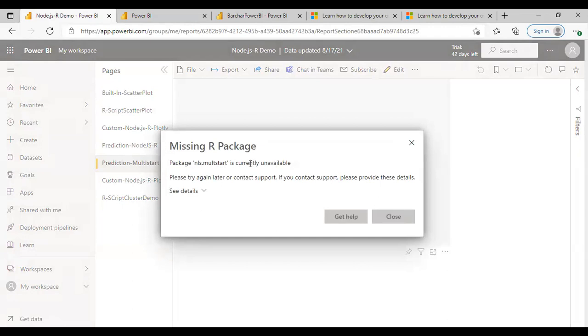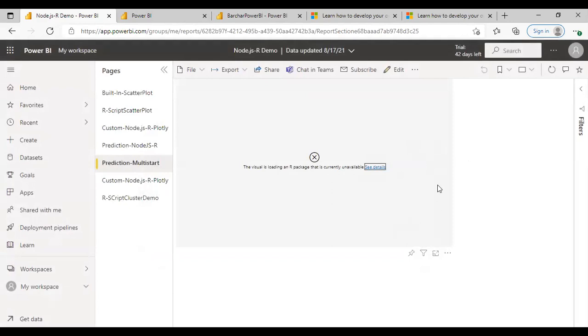So the main caveat here is that not all R packages can be used in Power BI server. The workaround we have found is you can go to the GitHub source code of these open source packages. We can copy that particular function into your R code, and then you can run it as a function instead of a package. In that way, you can achieve the functionality. But as we have more and more functions in our R script, it will take even more time. But we can visualize even more powerful algorithms.